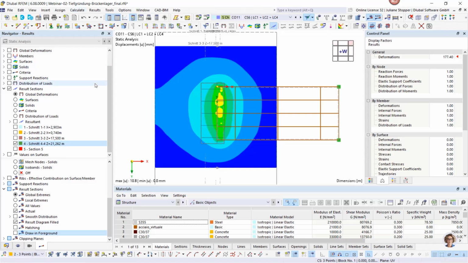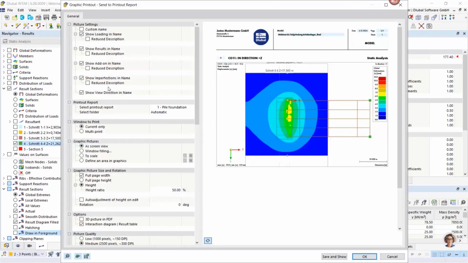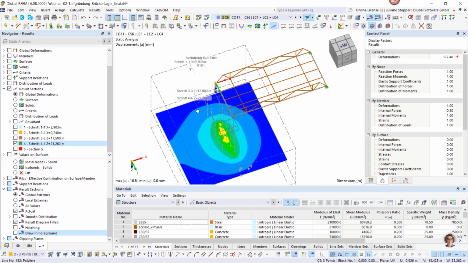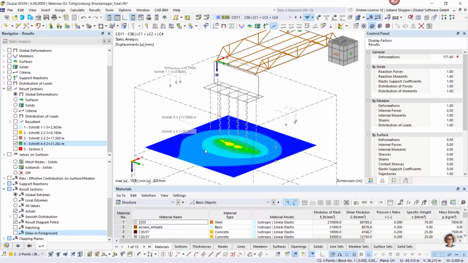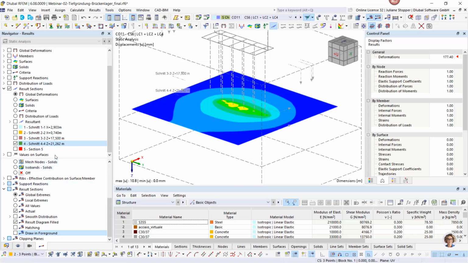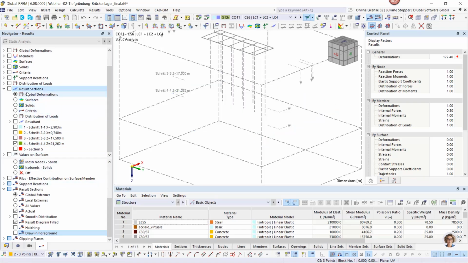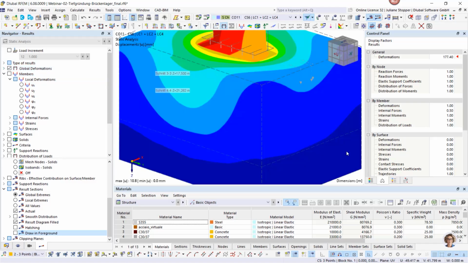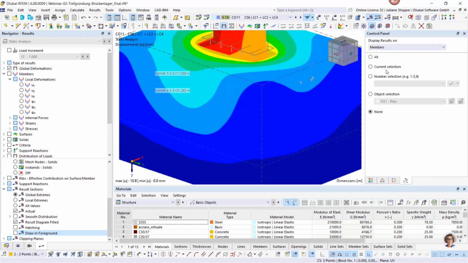I now use Control and P to print. We say OK. So now we have a good overview on the soil results, and we can now check the piles. Therefore, we can activate here the member results. No, I want to have the global deformations. And in this control panel, you can